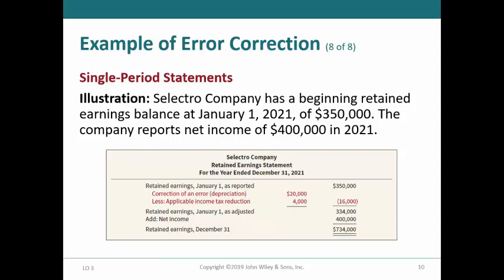To show the prior period adjustment on the 2021 income statements, Selectro would show the subtraction of the $16,000 net income from the beginning retained earnings as of January 1st, 2021 of $350,000. The net income of $400,000 for 2021 would be correct, since the depreciation expense for 2021 was not in